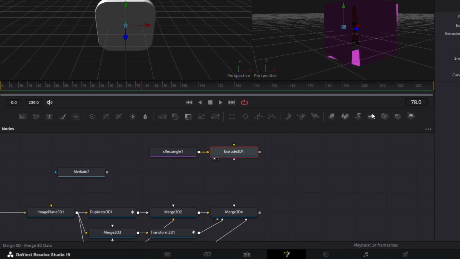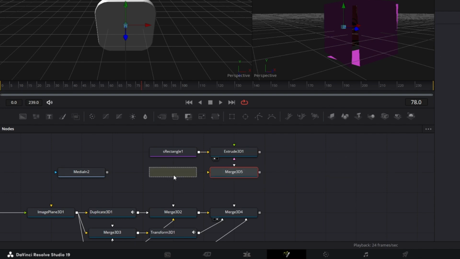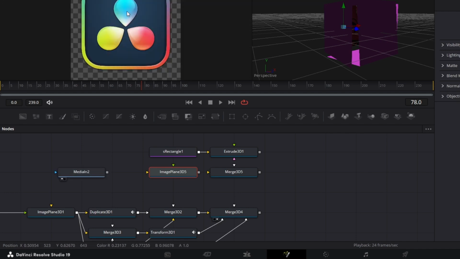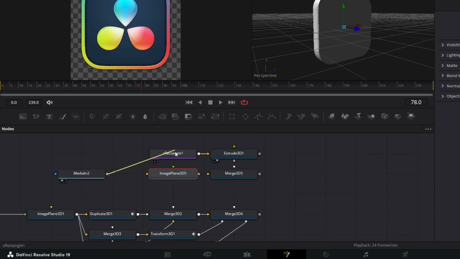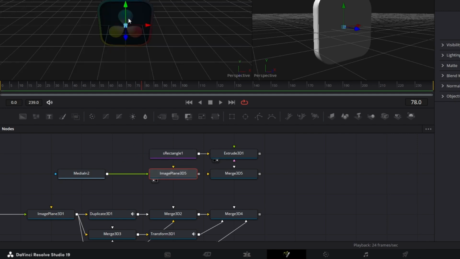Then I'll go here and bring in a merge 3D. I'll bring in an image plane here because I want to put this on top of this, on the front and the back of it. So I'm going to connect this media in to this image plane to connect to the green input here. If I drag that to the left, you obviously have that here. If I connect this now to this image plane and connect this extrude to this merge 3D, let's drag that